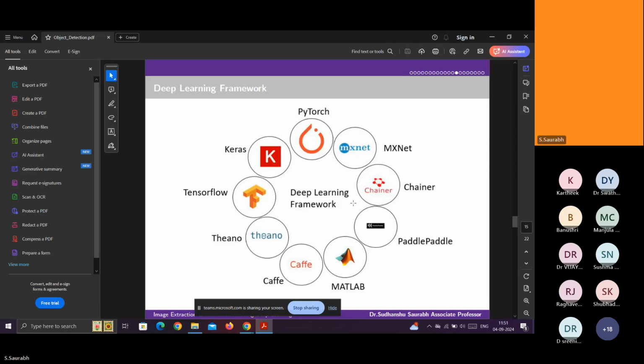But these six frameworks, Caffe, Theano, TensorFlow, Keras, and PyTorch, are very useful, so select carefully according to your project.